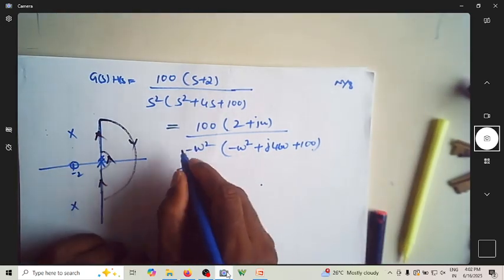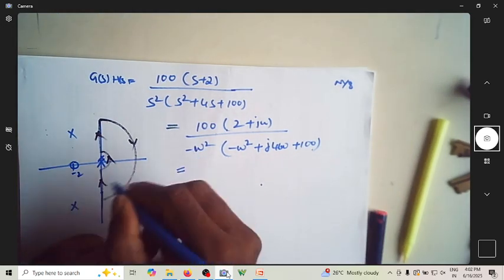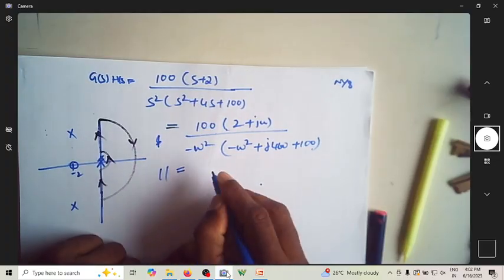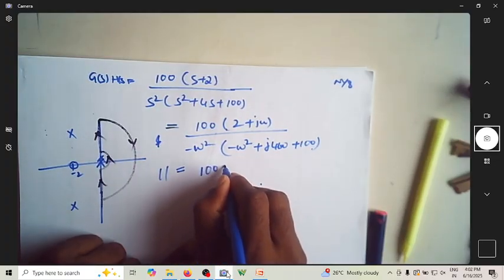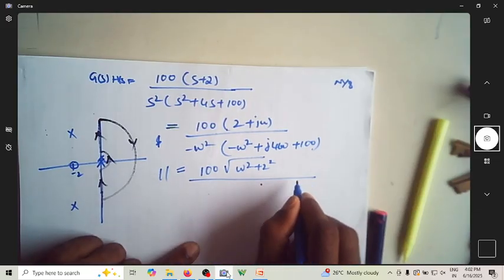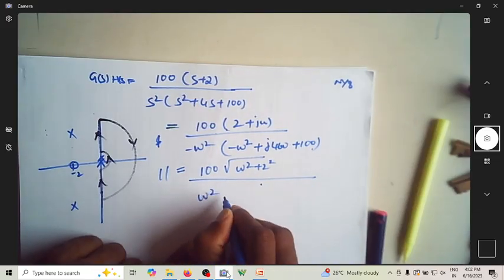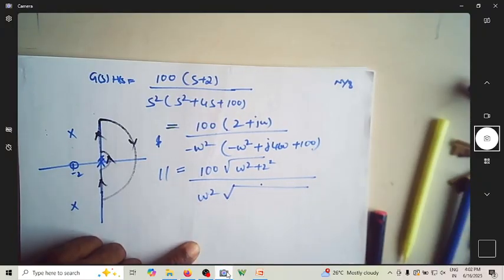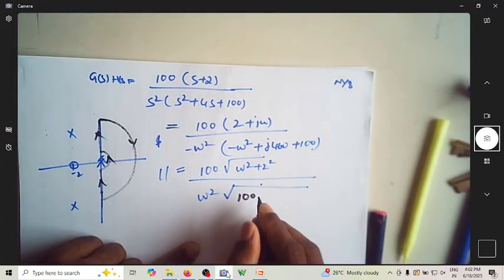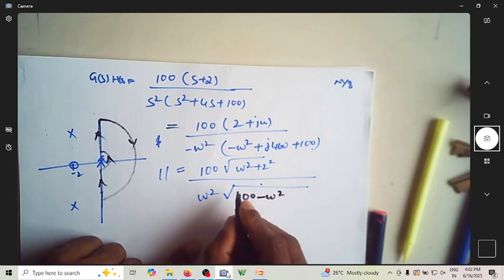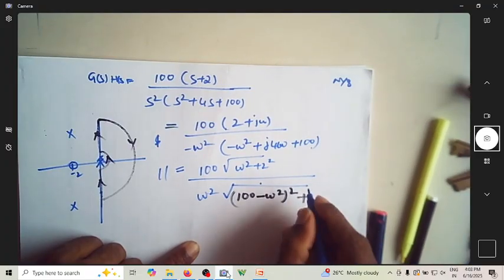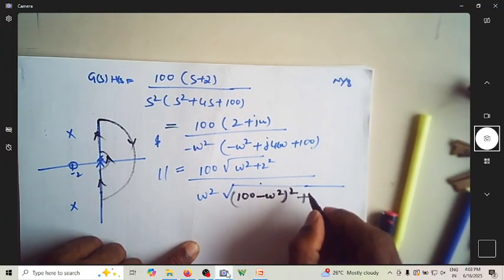So then this magnitude will become, because this minus you can put it as, so suppose you are looking at magnitude only, then it is 100 multiplied by omega square plus 2 square divided by omega square under root of this is now 100 minus omega square whole square plus